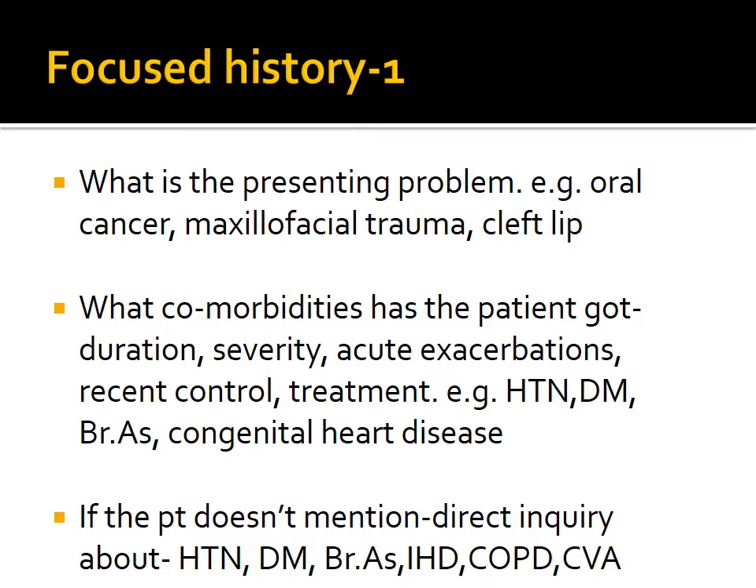Whether they are present from birth, or has the patient got them halfway through his life, let's say something like high blood pressure and diabetes, and how severe is the illness, and have there been any acute exacerbations which needed hospitalization, and what is the recent control of those conditions, and what kind of treatment is the patient undergoing for those comorbidities. For an example, take a patient with high blood pressure, hypertension, or diabetes, or bronchial asthma in an adult, or even a child can have bronchial asthma. So we can ask for how long the patient has been having high blood pressure or diabetes or bronchial